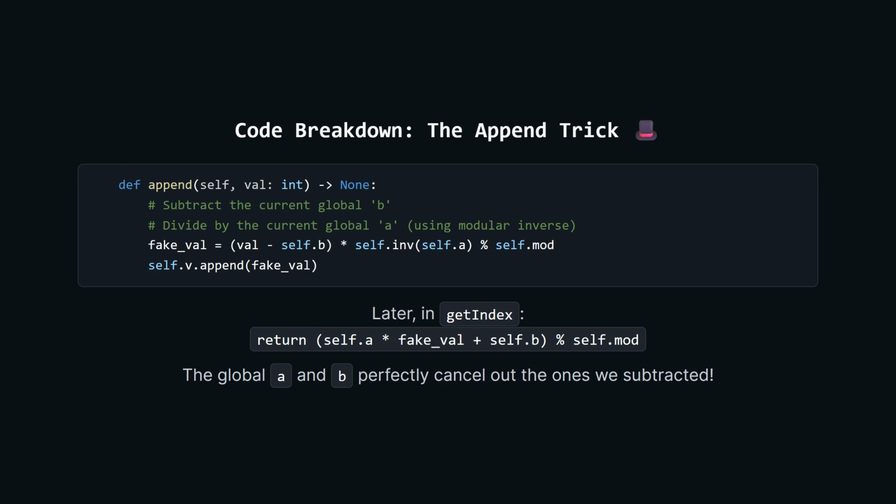Let's quickly trace how this one works. When we add a new value, we apply the exact reverse of our global operations to it before saving it. We subtract the current B total, and we divide by the current A multiplier using our inverse function. We save this faked value. Why? Because later, when we retrieve it, the getIndex function will multiply it by A and add B. This completely cancels out the reversed operations we did at the start, meaning only the brand new operations will actually